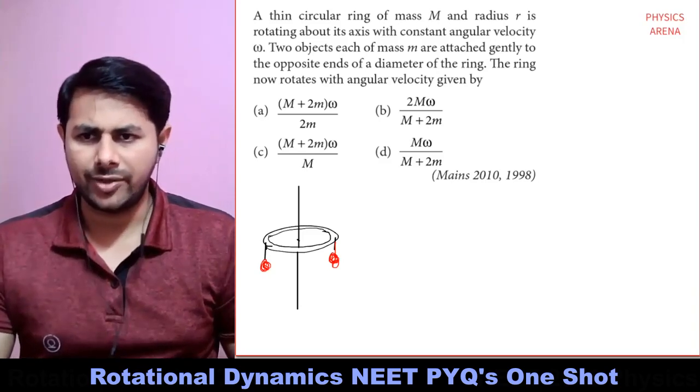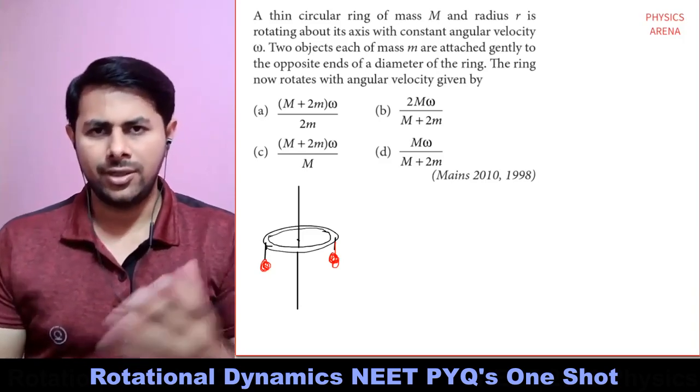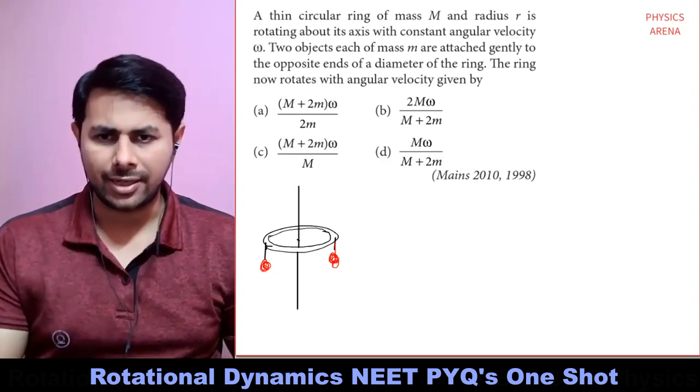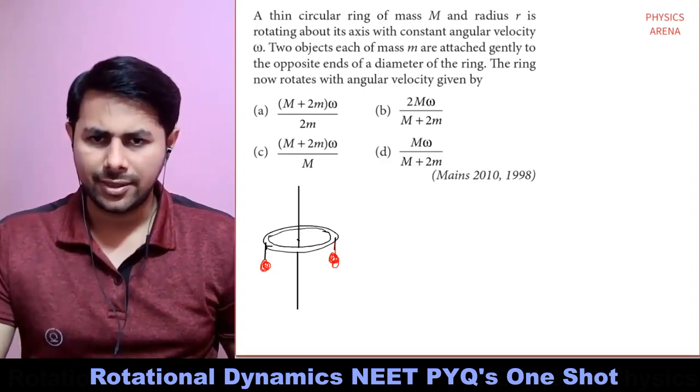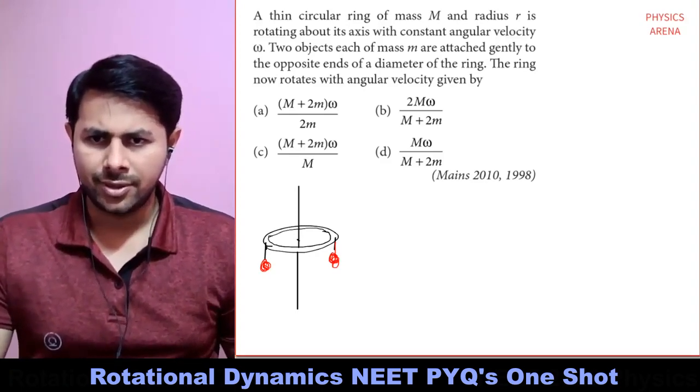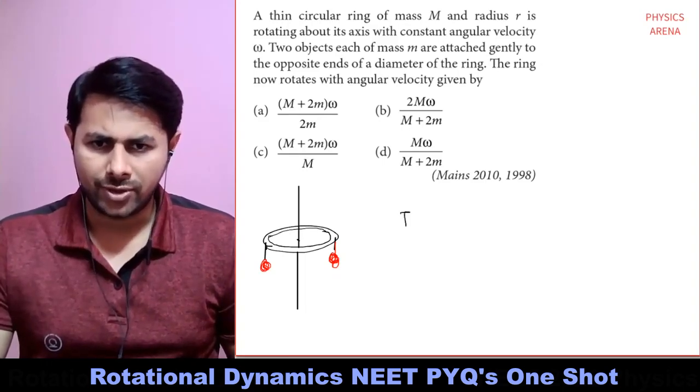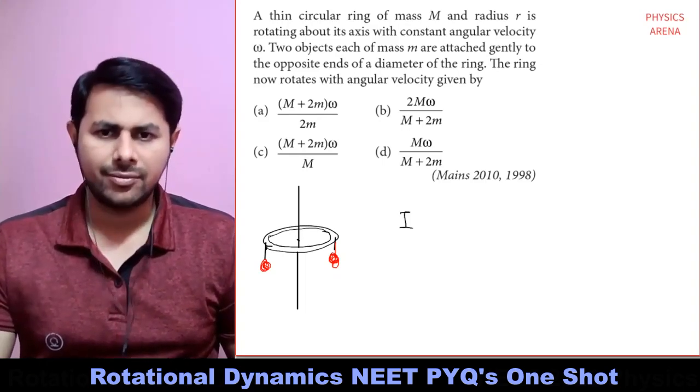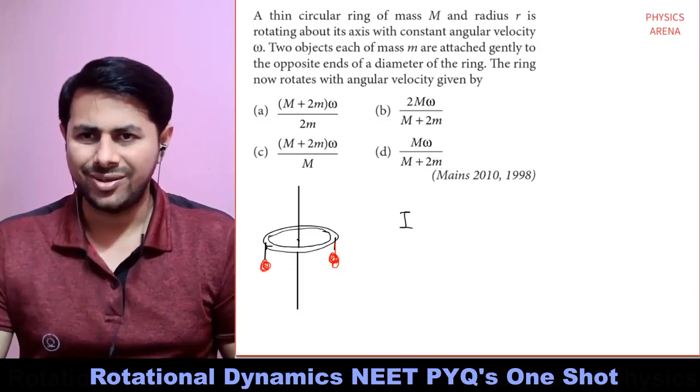This is a straightforward, very simple question. So the initial angular momentum equals the final angular momentum, right? The initial angular momentum was the moment of inertia of the disk, the moment of inertia of